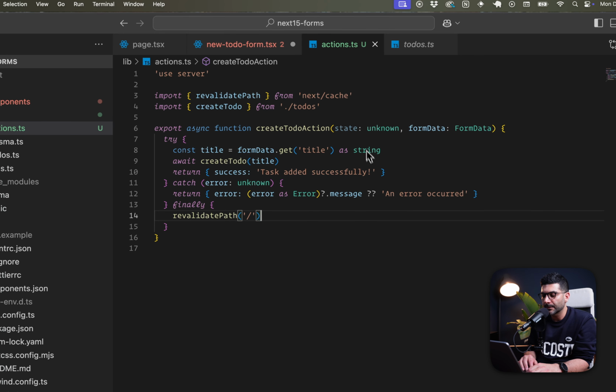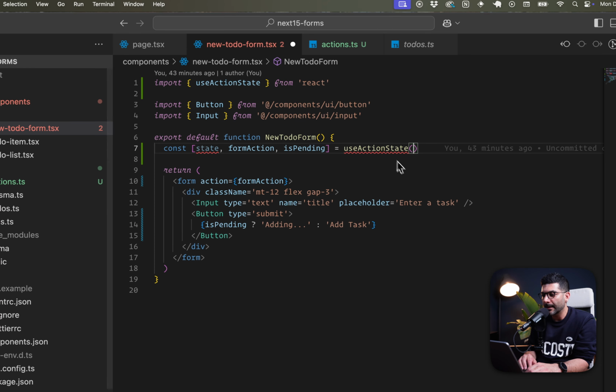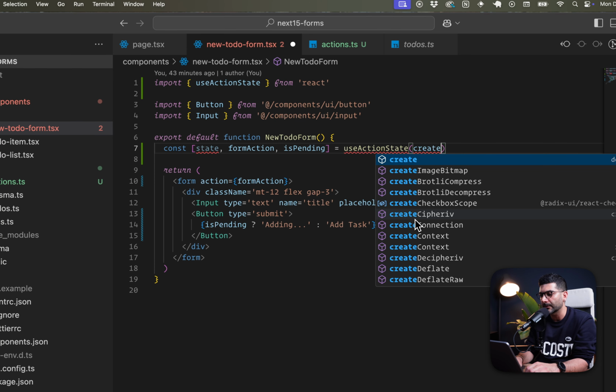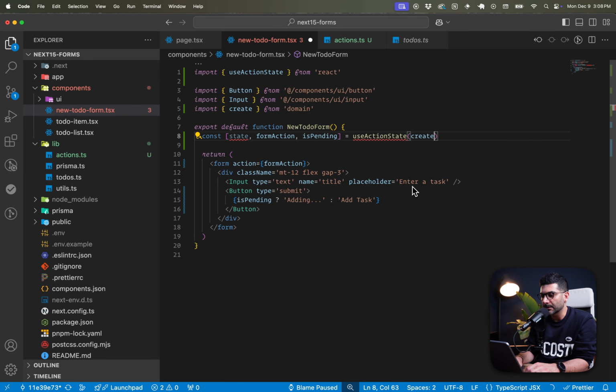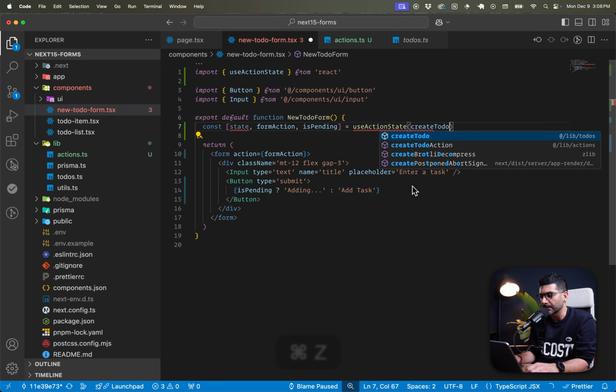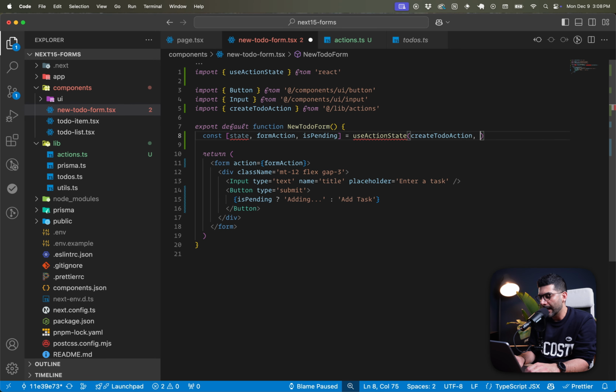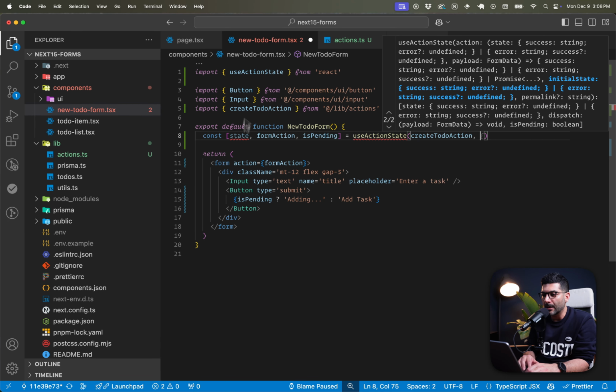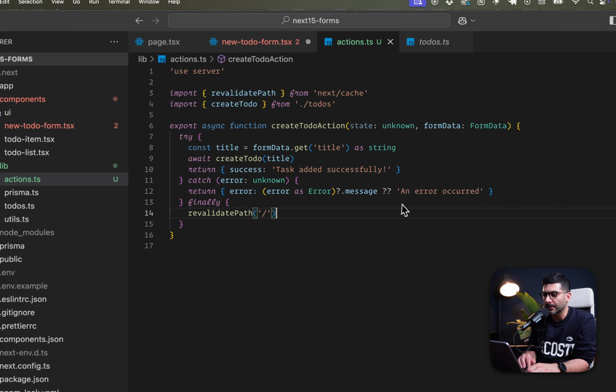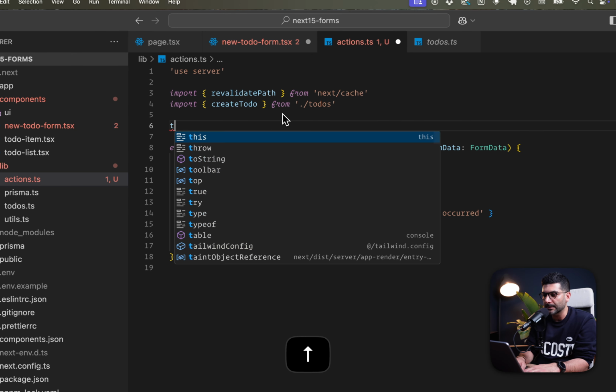Okay, so let's go back, and now we need to pass in our server action to this useActionState. So we're going to bring in createTodoAction, and then our initial state. Now, if you go back to the action, you can see this state that's returned from this. It's an object with a success property or optionally an error property. So this is state really, if I want to type this,